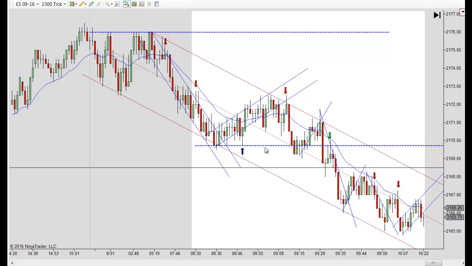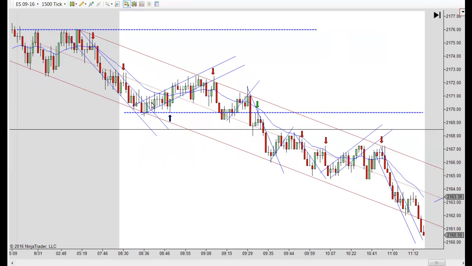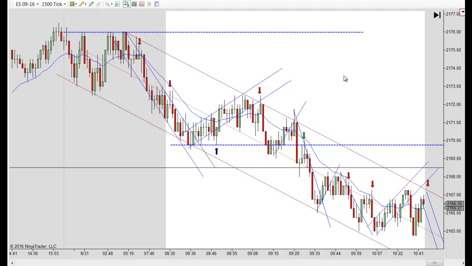So all this line really ended up being down here was just making you alert of this support. Of course, it could have played out as a range at the time when I put it there. So that's why you want to put it there. But once we pushed on through and this two-tiered channel confirmed itself, it's pretty obvious at that point that, hey, this is a downtrend. And this is a perfect channel working lower here.